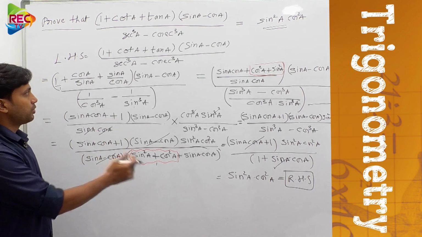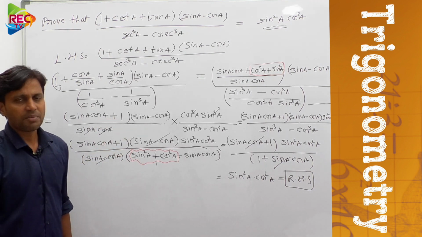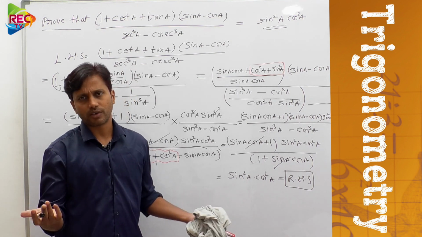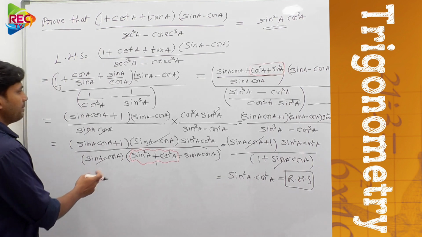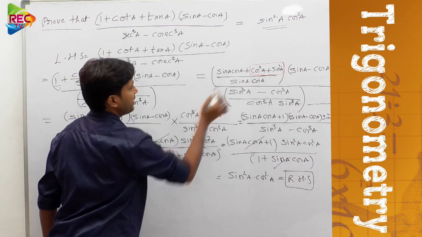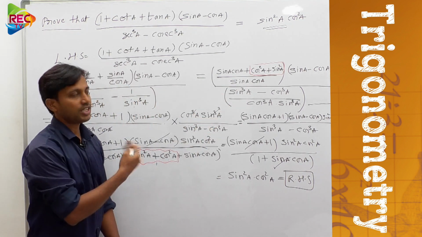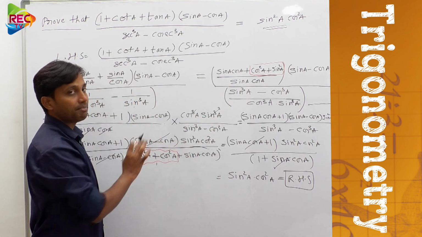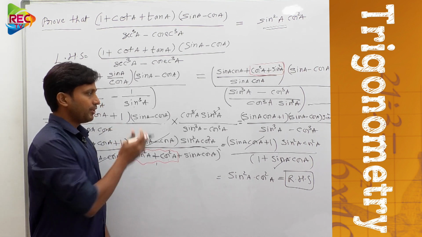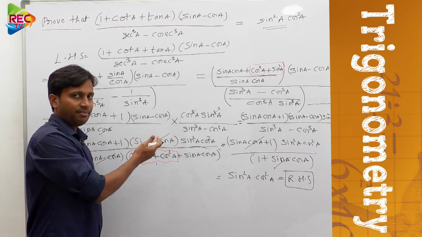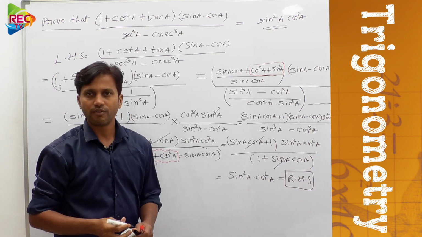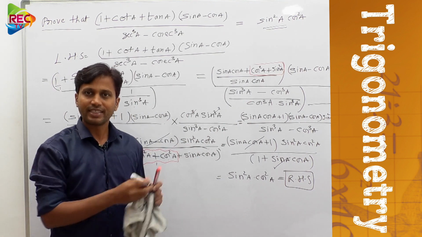So like this we can solve this problem by simply taking LCM. Some of the trigonometric identity based problems can be solved this way. We only used the trigonometric identity sin square a plus cos square a here and here to solve this problem. The rest of the steps are based on LCM. We took the LCM of the fractions and added them, and we just inverted the downside fraction, and then we could solve the entire problem. That's it. Like this we can do.